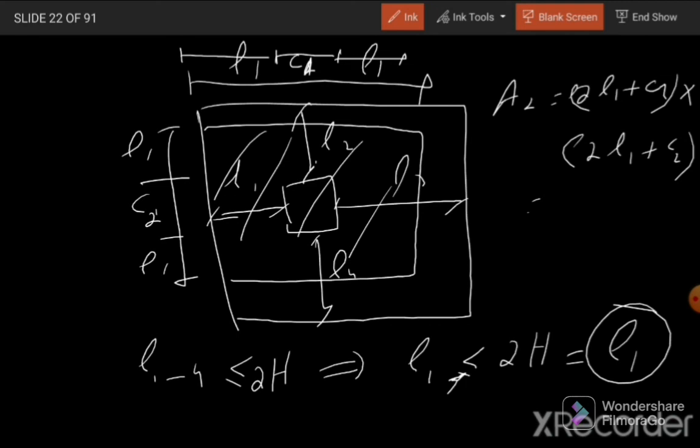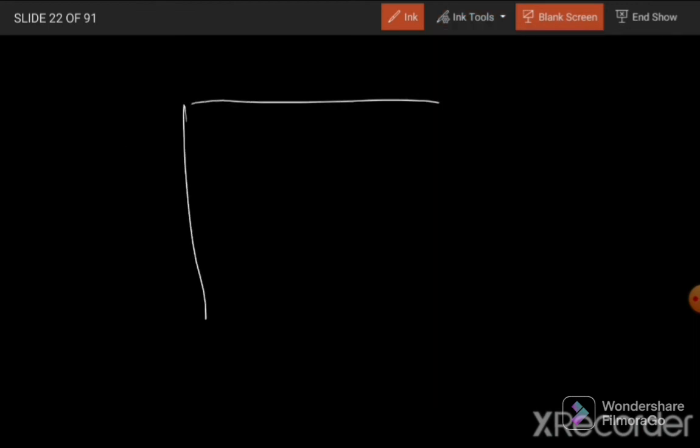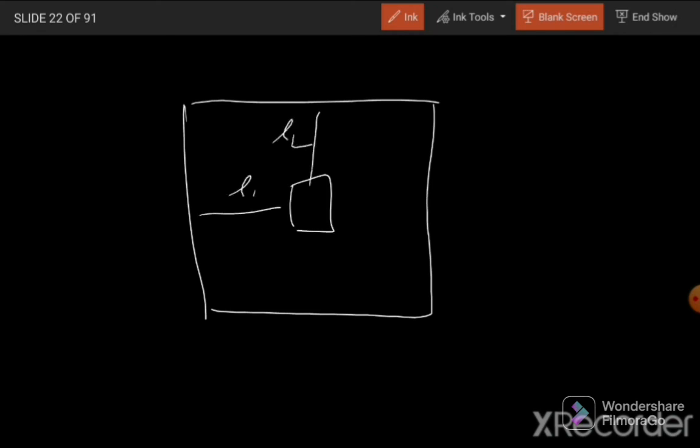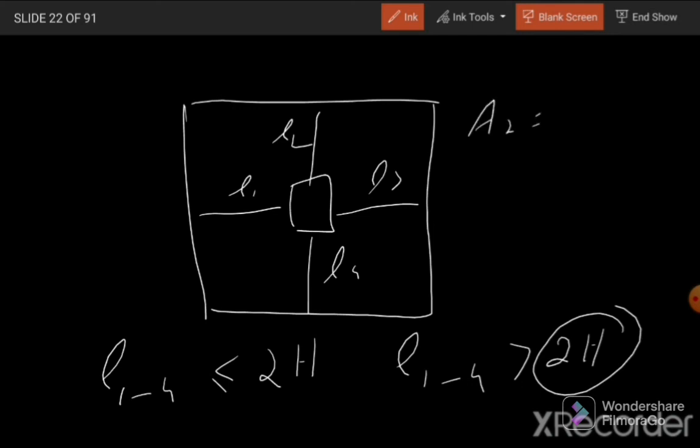But if the case is like this, that we have a column over here, this is L1, L2, L3 and L4. So L1 to L4 are less than or equal to 2H in the previous case, but here L1 to L4 are greater than 2H. So in that case we will consider this 2H, and A2 will be equal to, so in that case we need to consider this 2H. So 2H will be over here. So from here up to here,